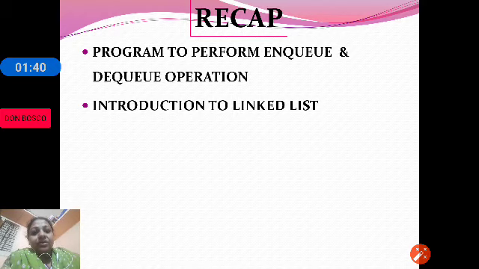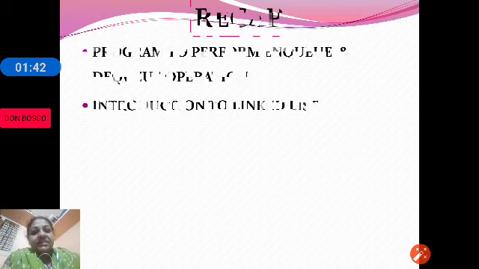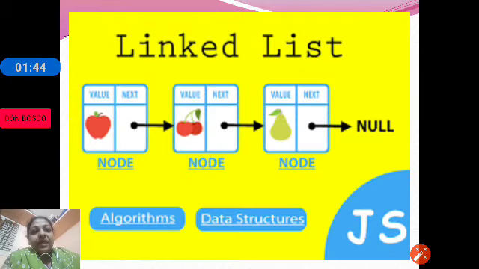Let us see what we have to study in this chapter. So linked list. Here we will be studying one of the major concepts of data structures, where we have algorithms for performing different operations, and you can see here there are something called nodes and something called the last node is null. So we will study all those details in coming topics.